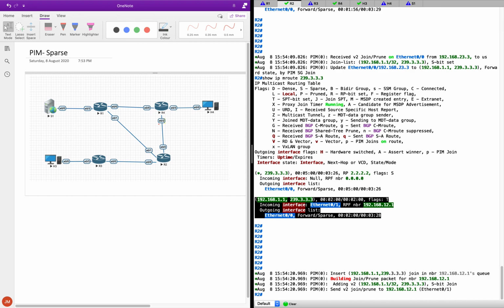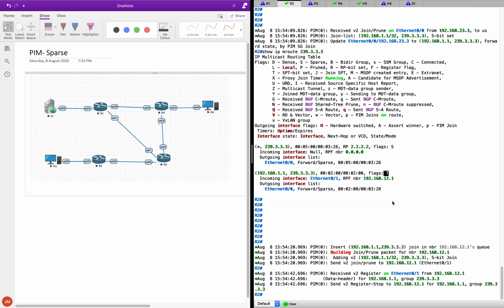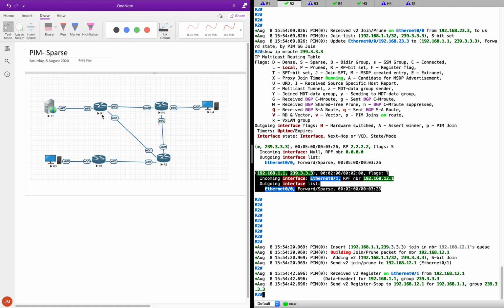So how do you know that? You can see the T flag, right? As soon as you see the T flag, it should give you the hint. The T flag basically stands for that. You can see here SPT bit has been set, which means it has joined SPT. So for this particular source 192.168.1.1, it has joined SPT. So SPT has formed